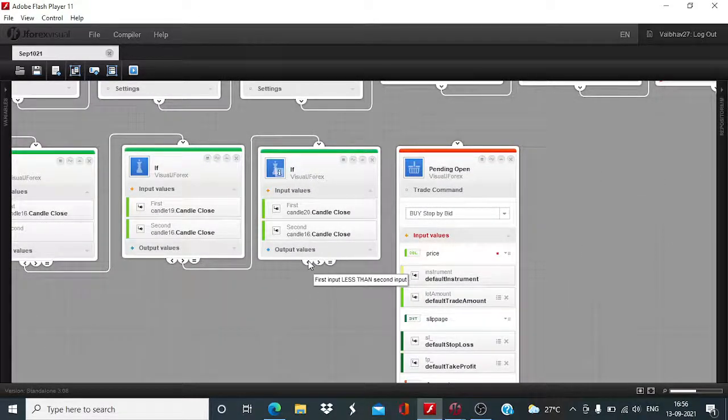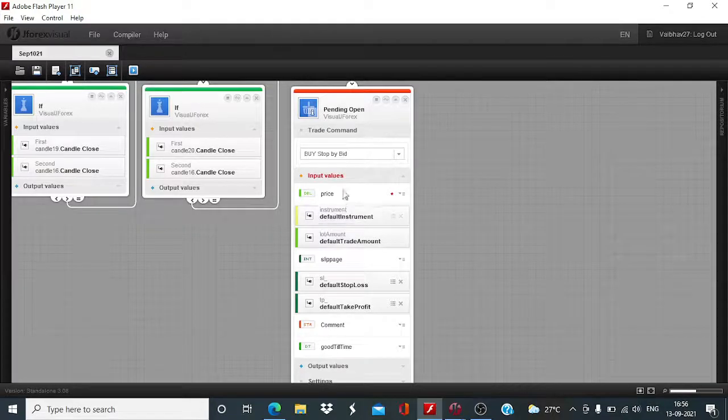So this is going to be first input less than second input,